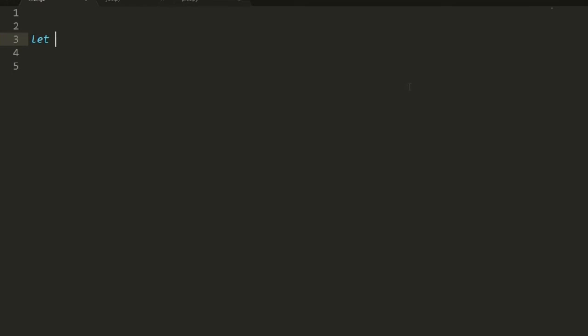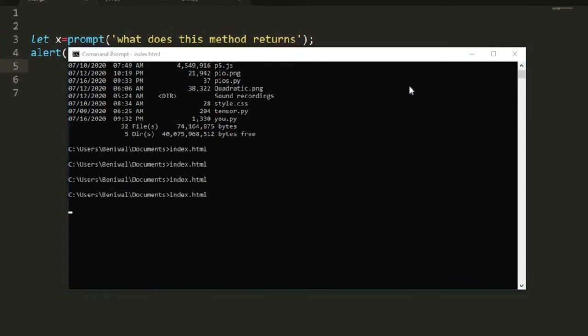So let's say we have a prompt method, what does that method return? Does it return a string, a number, or what? So let's check. What does this method return? And when we say alert, and then we say typeof x, Control S for saving and running our HTML file.